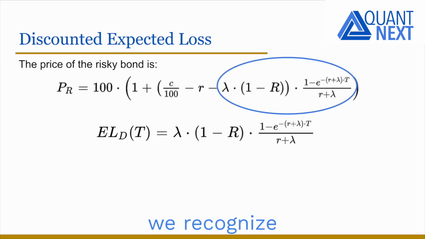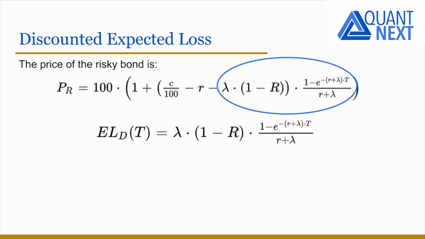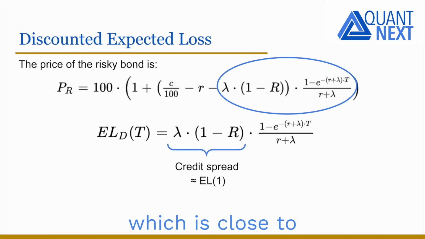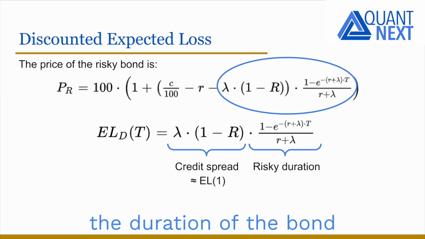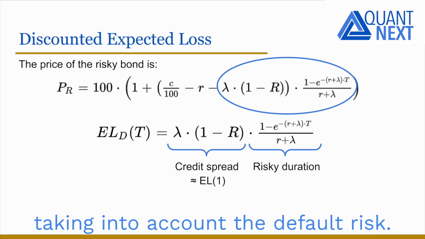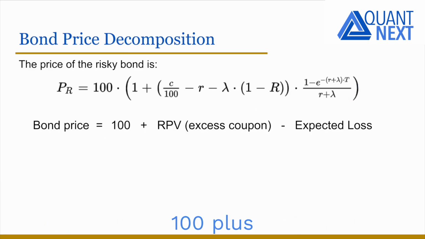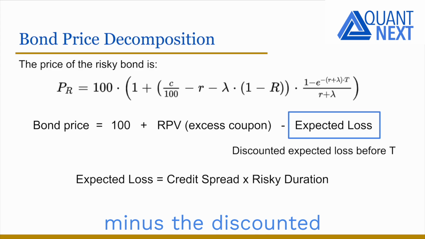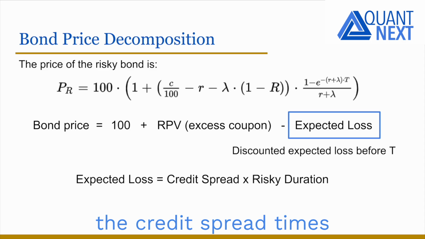Going back to the price, we recognize the discounted expected loss as the last term. It is equal to the product of the credit spread, which is close to the 1-year expected loss, and the risky duration, the duration of the bond taking into account the default risk. So the bond price is equal to 100 plus the risky present value of the coupon in excess of the risk-free interest rate, minus the discounted expected loss before t, which is equal to the credit spread times the risky